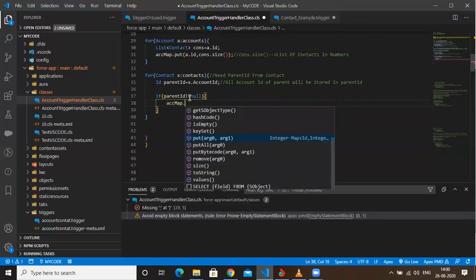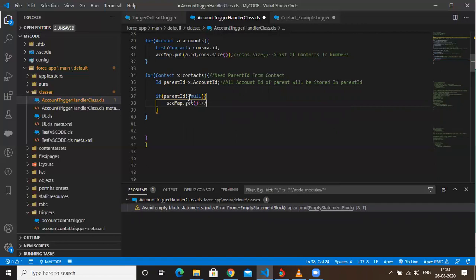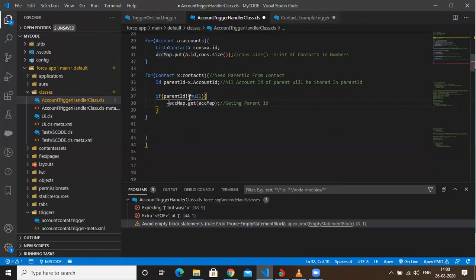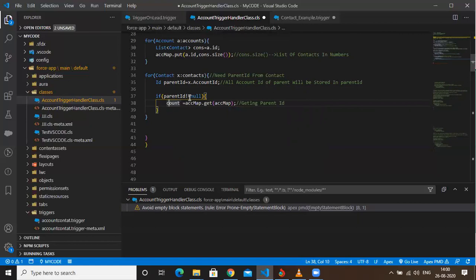So dot get parent ID. And obviously this parent ID also I need to store in some variable. Maybe I will use count. Okay, what's the type of count? Correct. No, not ID, I'm sorry. This time it's integer.